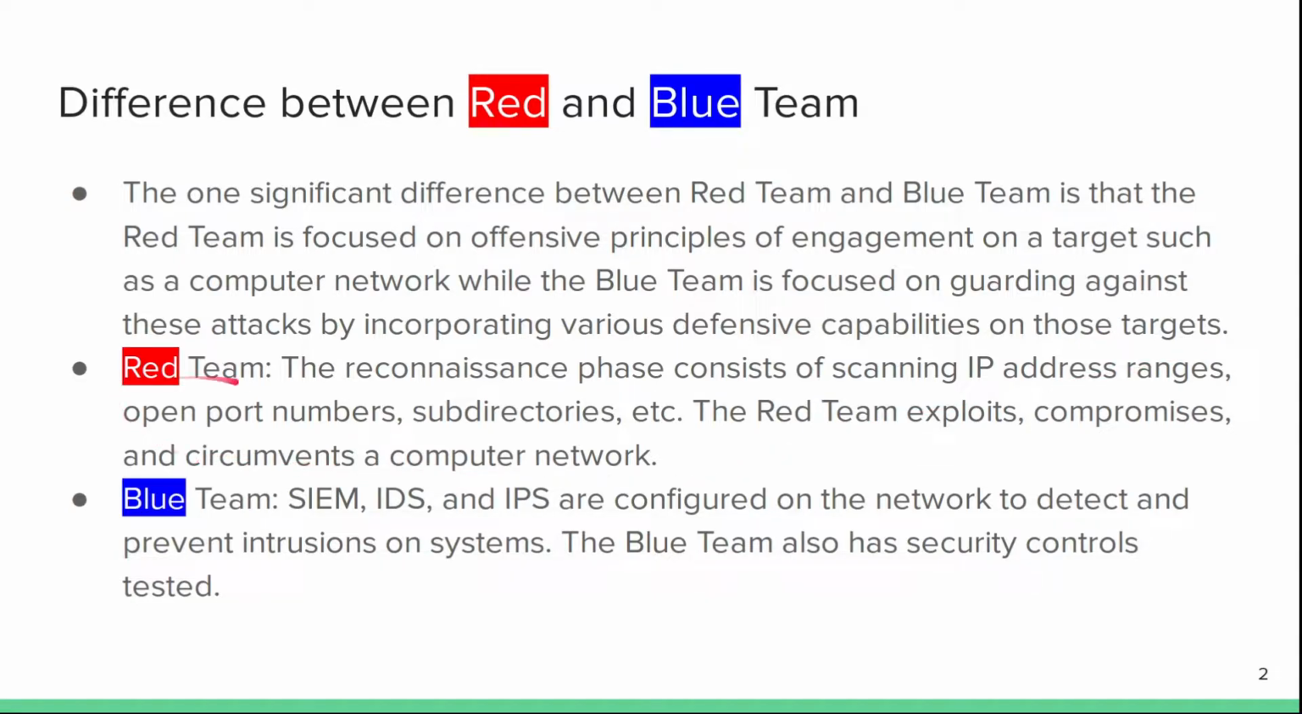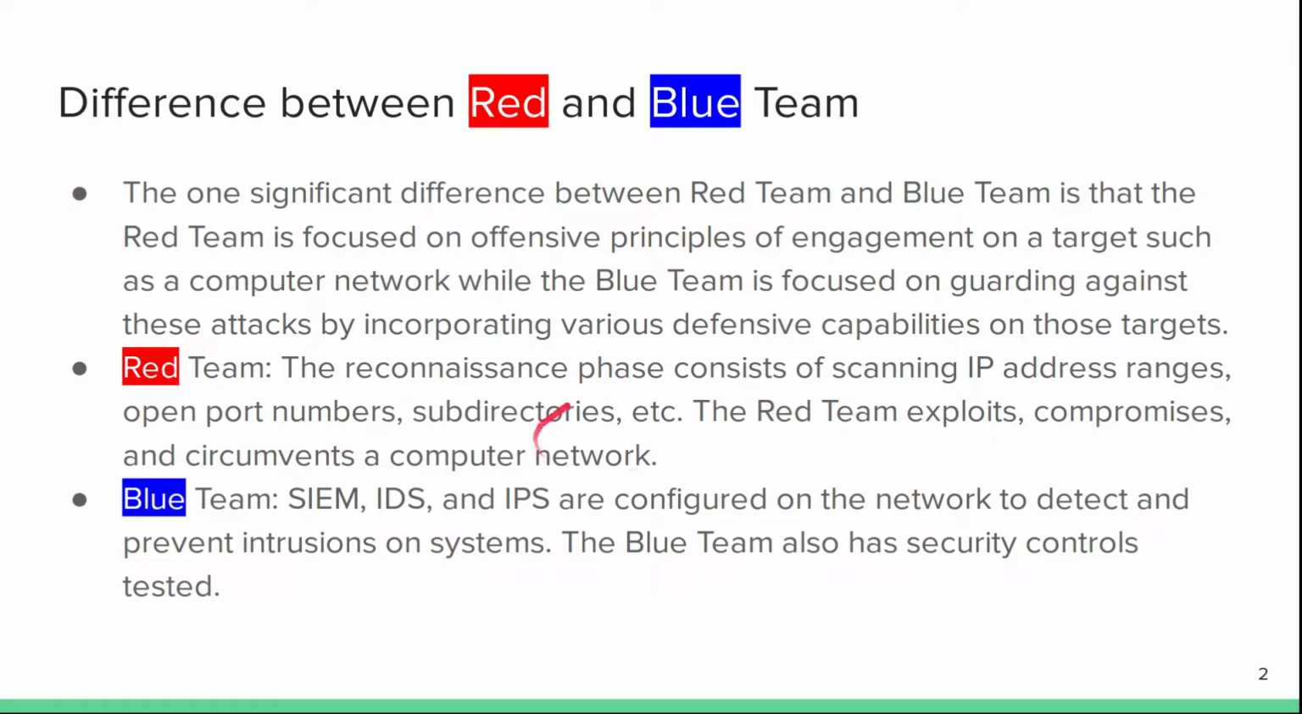So, for example, on the red team side, there's a recon phase, which consists of scanning IP addresses and port numbers, subdirectories, and the tools of the craft the red team uses is Nmap, for example, with IP and port scanning, and subdirectories would be something like GoBuster and DirBuster. They do the same thing basically, and the red team tries to exploit and compromise and circumvent